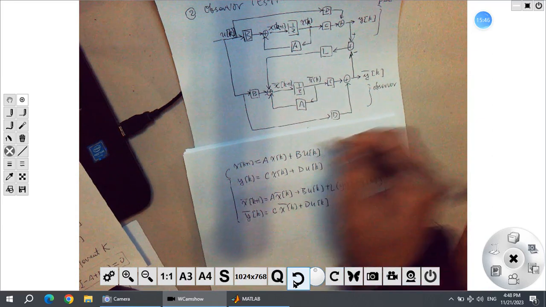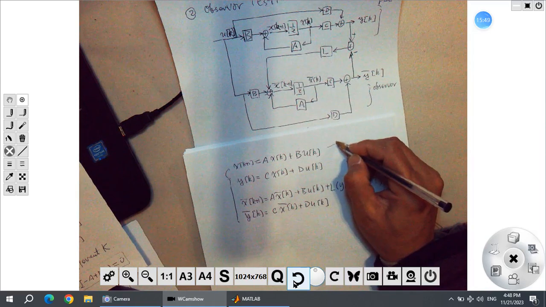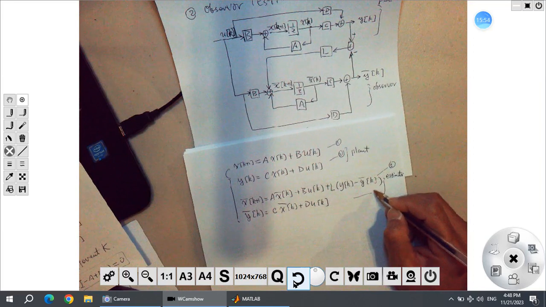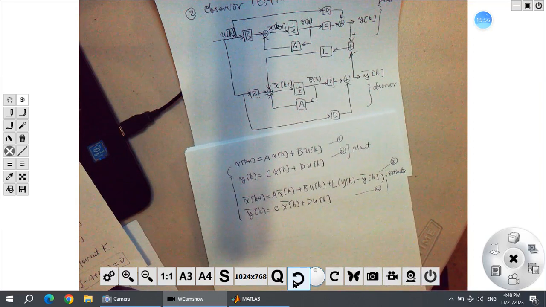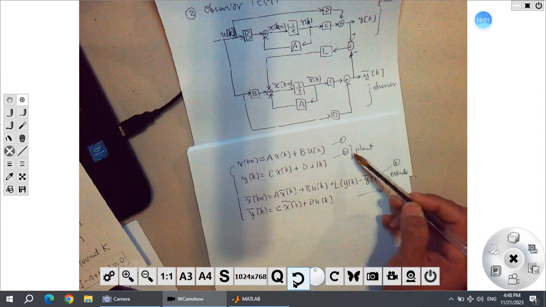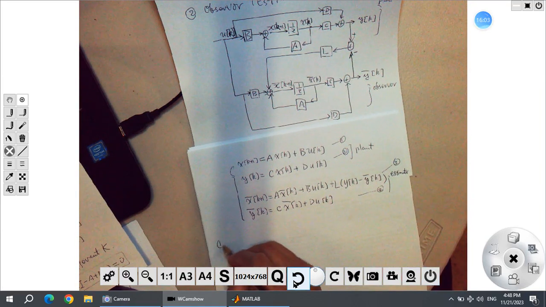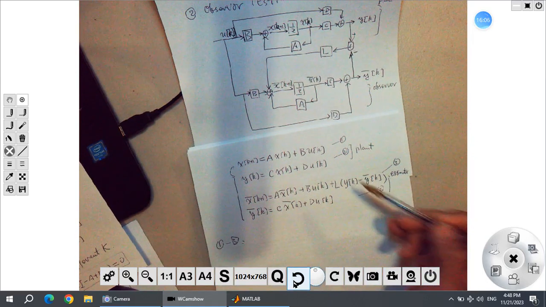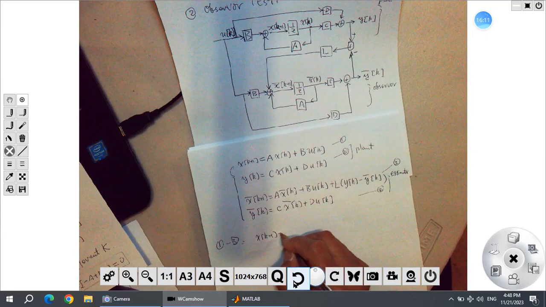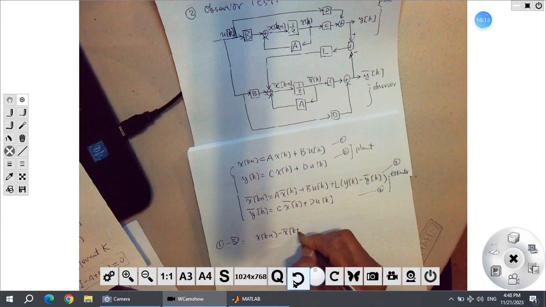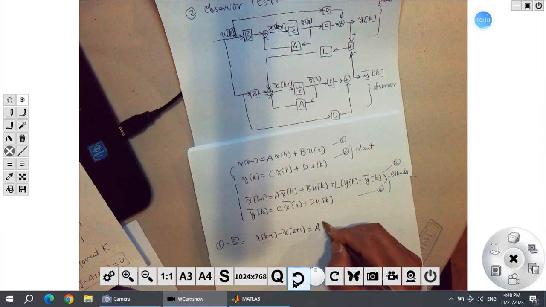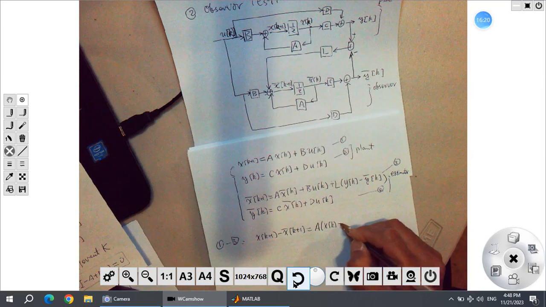I say this is 1, this is 2 equations, this is 3, this is 4. 4 equations, right? Now I subtract them. So 1 minus 3, 2 minus 4. 1 minus 3, this one minus this one. I have x of k plus 1 minus x bar of k plus 1 equal to this one minus this one is A times x of k minus x bar of k,